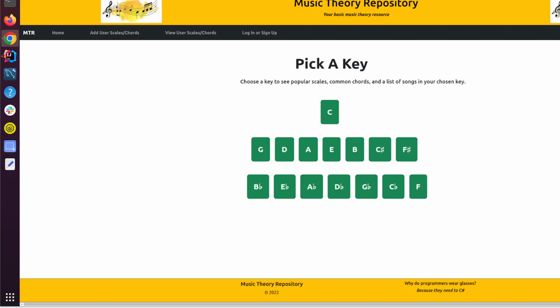I created a web application that basically just displays scales and chords and song listings for a specific musical key. I've been a guitar player most of my life, and just recently I've been interested in music theory,